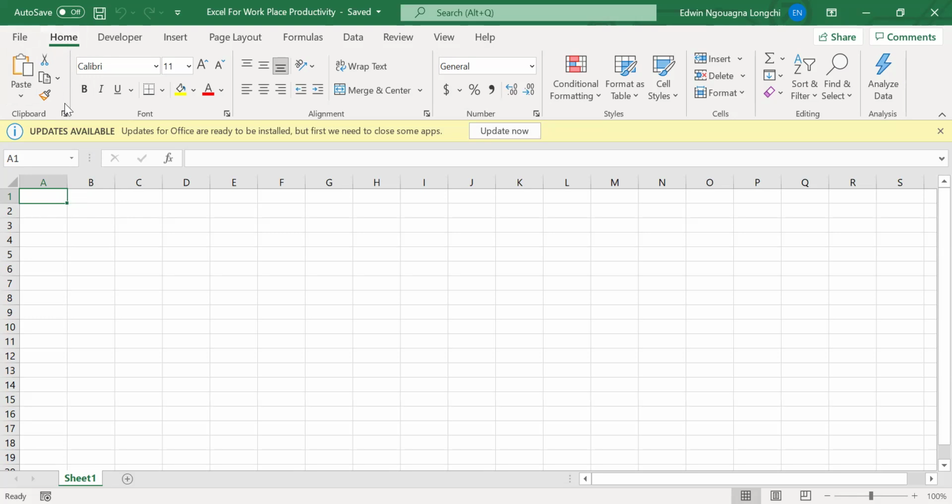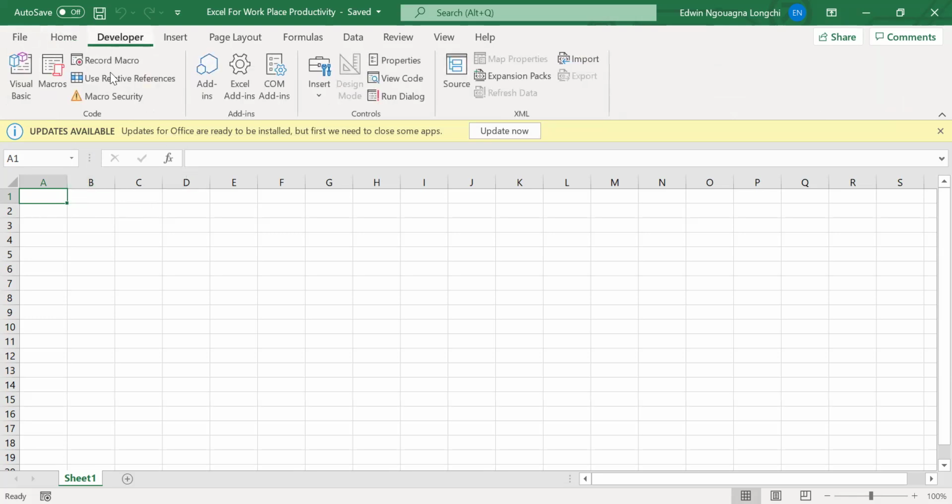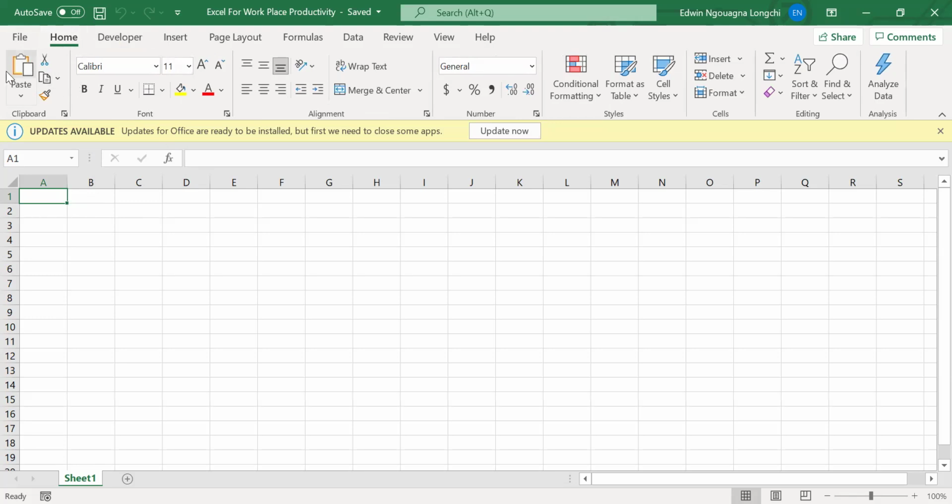So the home tab here, when you click on it, you have all these options. All right. Once you understand these options, you are good to go. So we're going to briefly look at them so that when we are doing practicals and you are touching any of these things, you already know what they are doing. All right. So here you have paste. There are also shortcuts. When I point my cursor on this paste, you see Control V, right? Which means that if you copy some data, you can actually paste it.